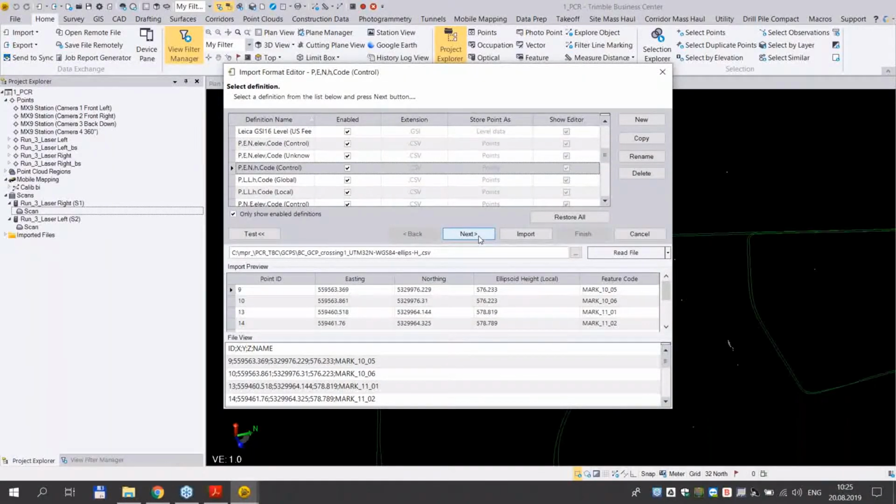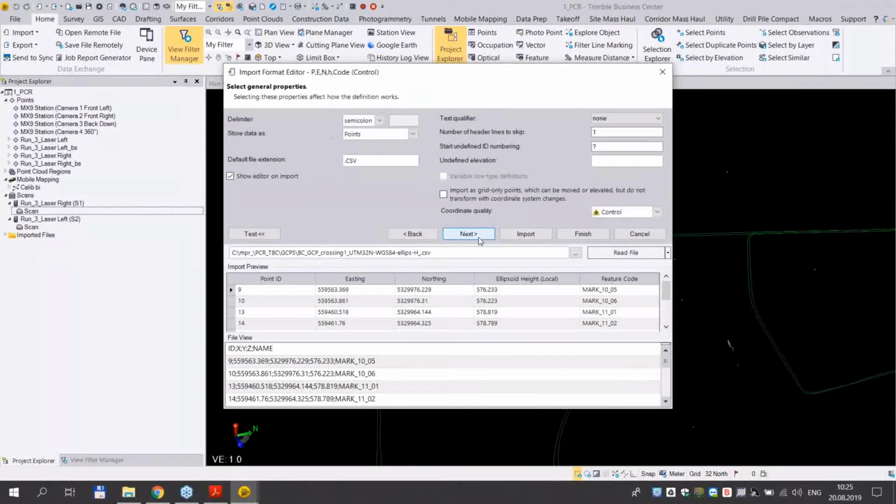Another important thing here is to define the quality of the coordinate system. This quality means how TBC will use the coordinates of these points in the calculation of your parameters. In case in the processing you will be interested to change it, you will be able to change it only if you imported the points as control points. So here I'm ready to import my points,